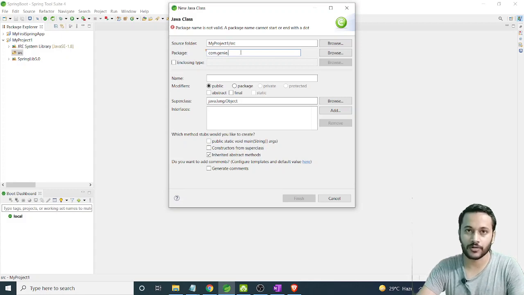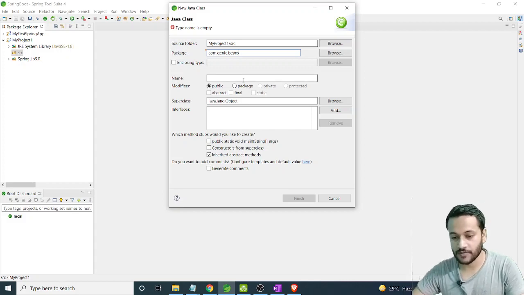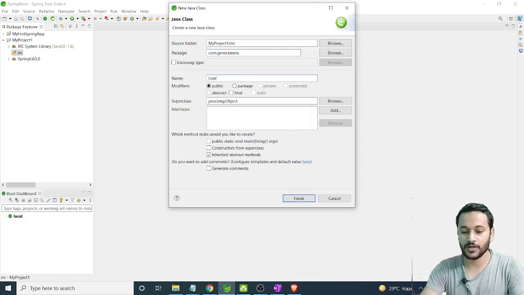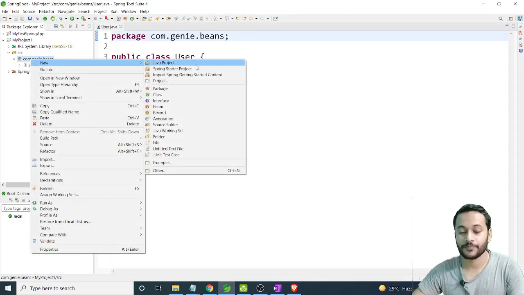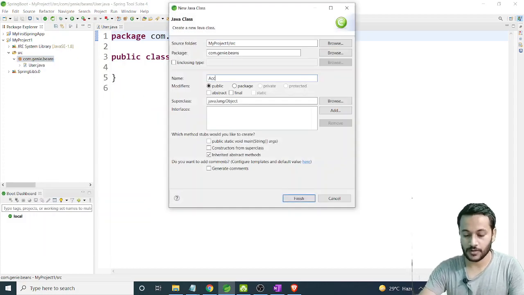You don't need to follow the package naming convention. Okay, so say beans. For beans, because we have discussed we need to take beans in a separate package, because the Spring framework calls all these classes a bean, so it is a good programming practice. So account,